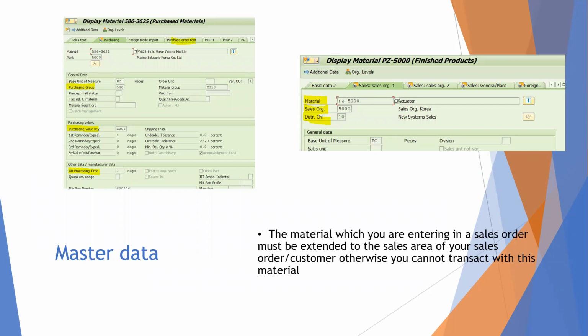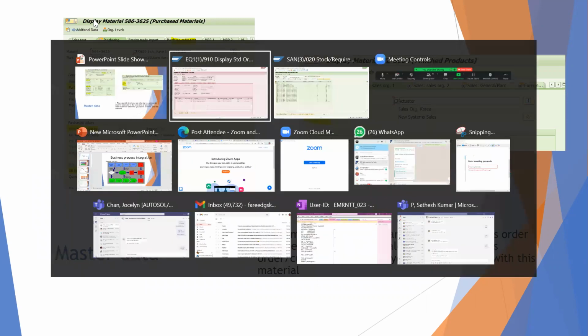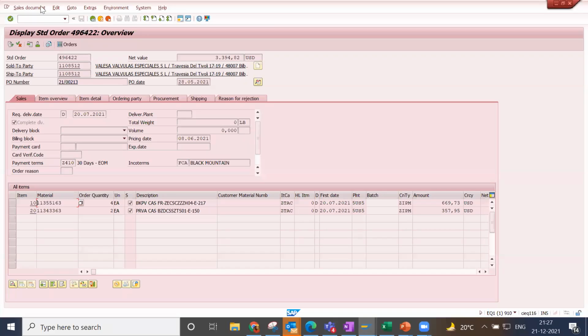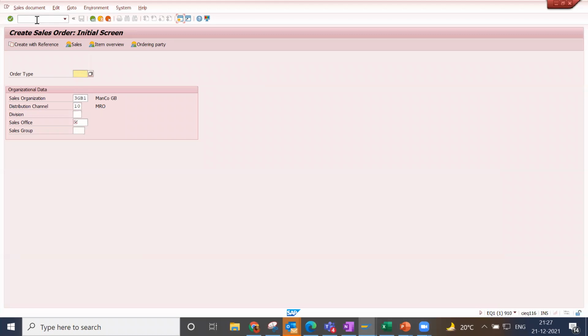What is the path and what is the T code for the sales order? This transaction code is VA01. If you want to create a sale order, the transaction code is VA01. Here you can create the sale order. If you want to change the sale order, the transaction code is VA02.